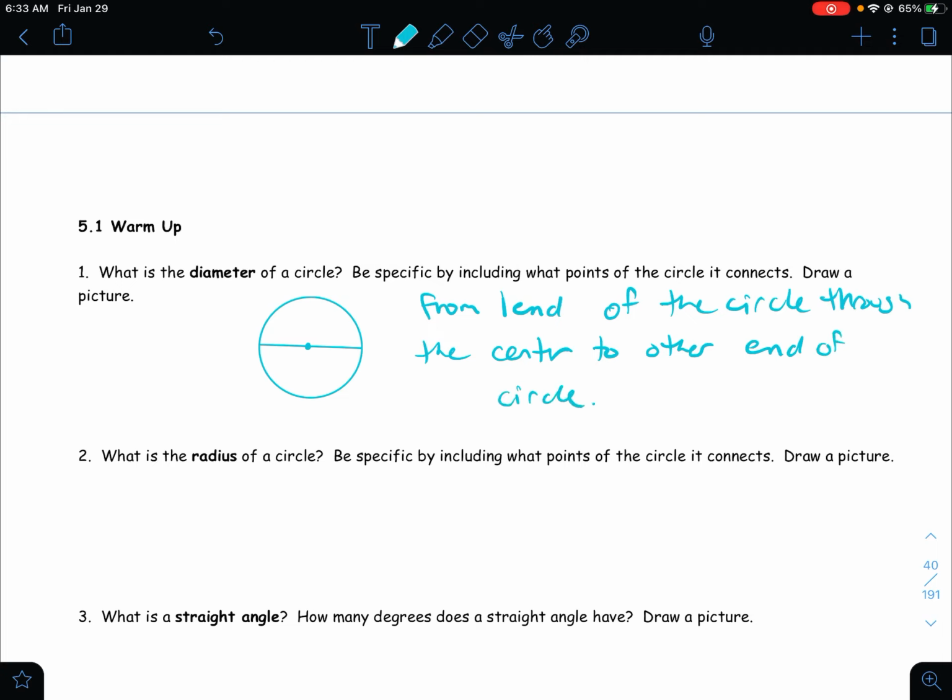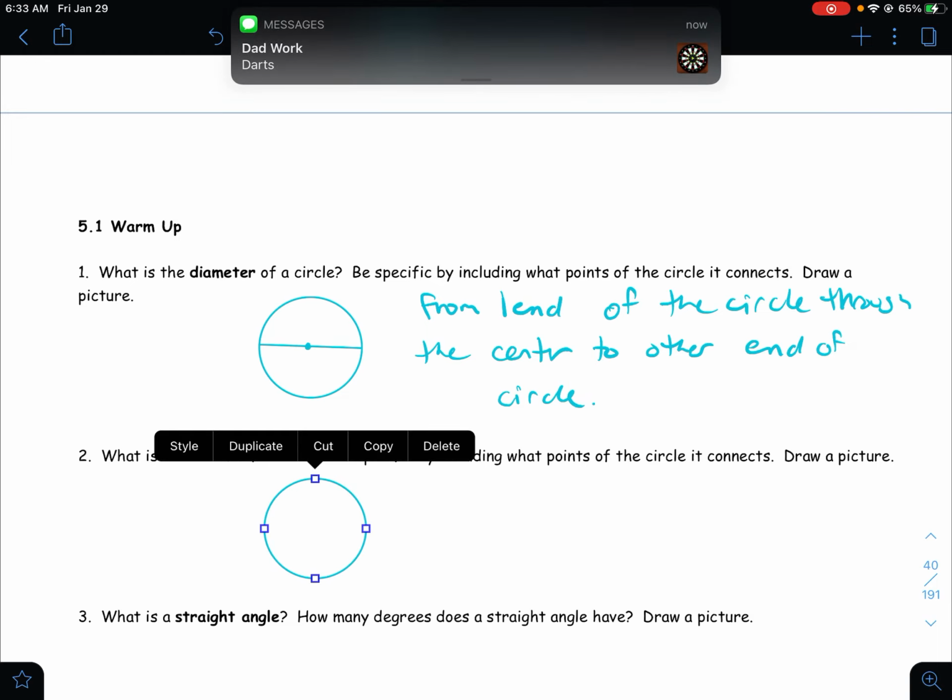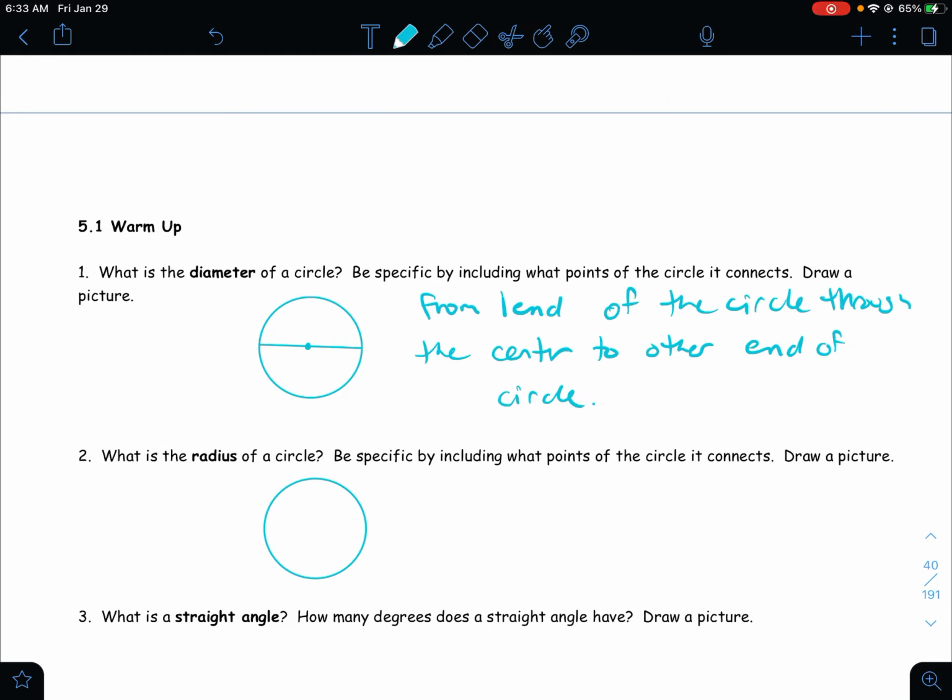All right. And then what is the radius? So if we have our circle here, that turned out to be an oval. Even with the computer's help, I can't draw a nice circle. All right, so we got our center. The radius goes from the center to any point on the circle. So from the center to any point